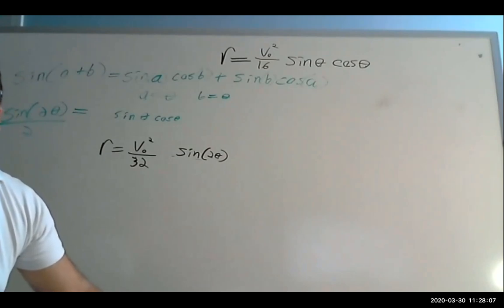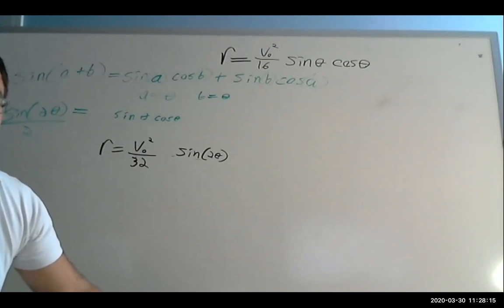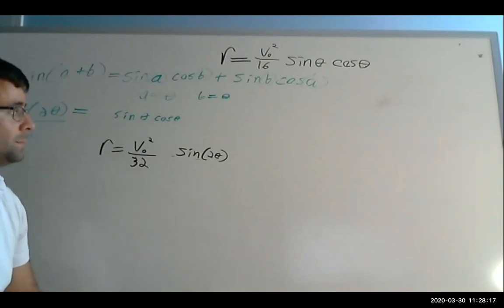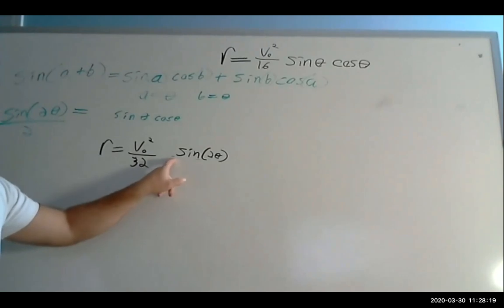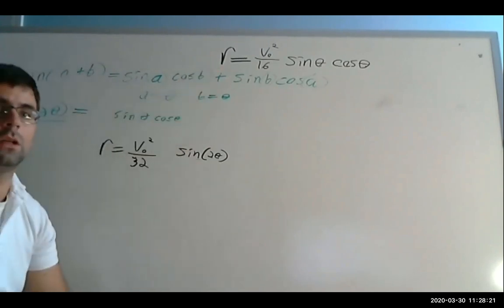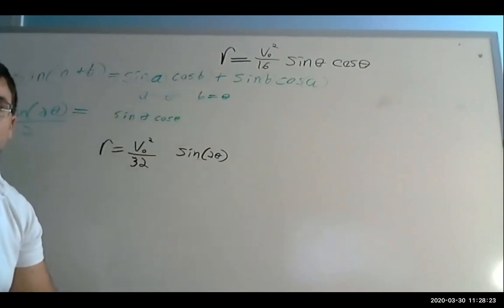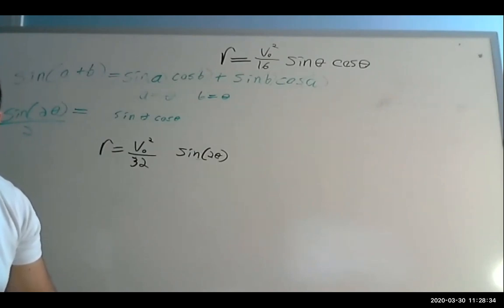So this is the projection model with a single function instead of a product of 2 functions. So in the example that we do,